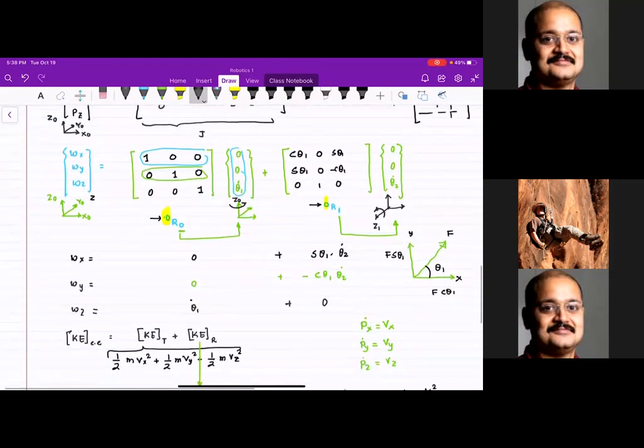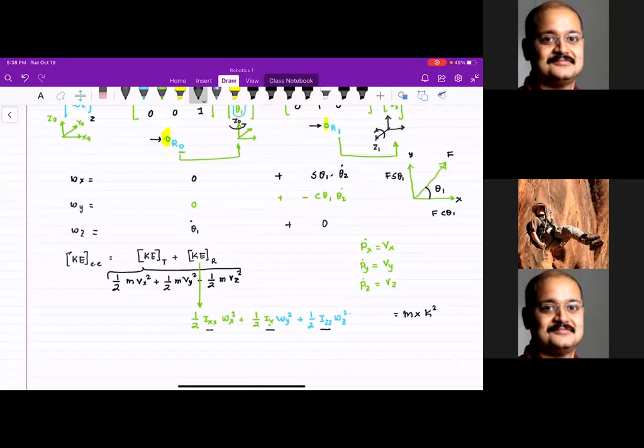Actually, I want to give you a little bit more discussion on mk square and derive the mass moment of inertia tensor. What I want you to understand at this point is that kinetic energy of translation will have three parts. Kinetic energy of rotation will have three parts. The mass m, whether you consider x direction, y direction, or z direction, is going to remain the same, but the moment of inertias Ixx, Iyy, and Izz would be different. That is the key point I want to make.